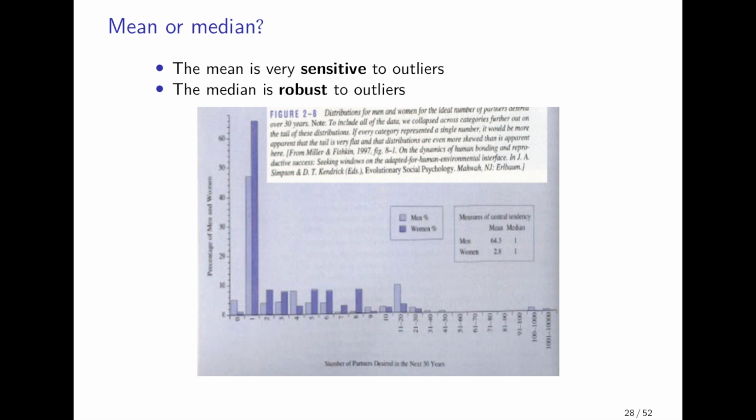Let's take another look at the study from Miller and Fishkin. So here you have a bar plot. It's a scan from a book, so it's not very easy to look at. But the light blue bars are men and the dark blue bars are women. On the x-axis, you have the desired number of partners. And then on the y-axis, you have the number of people that reported wanting to